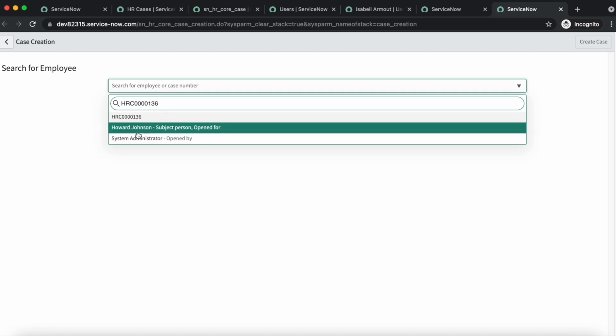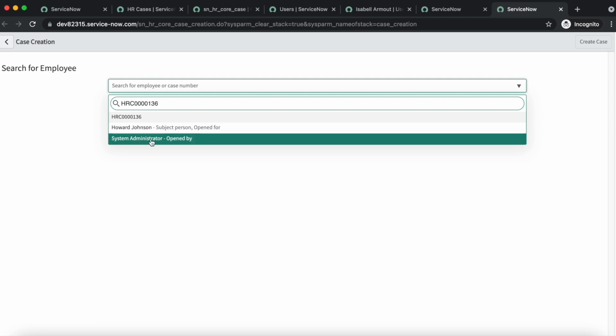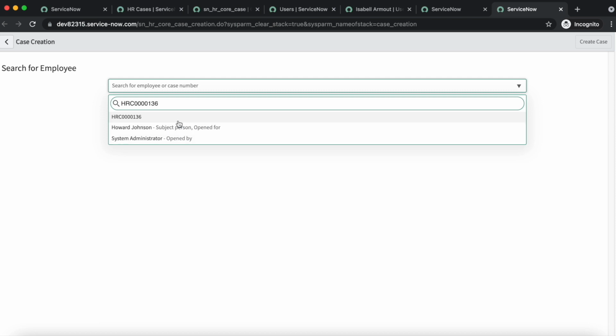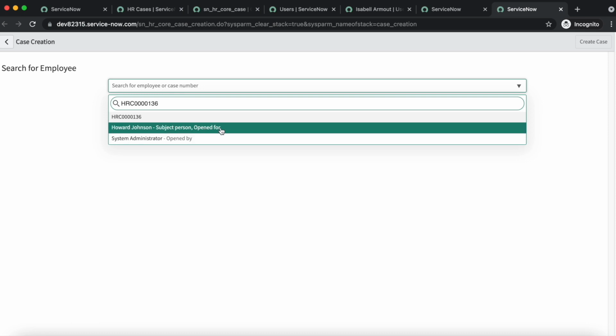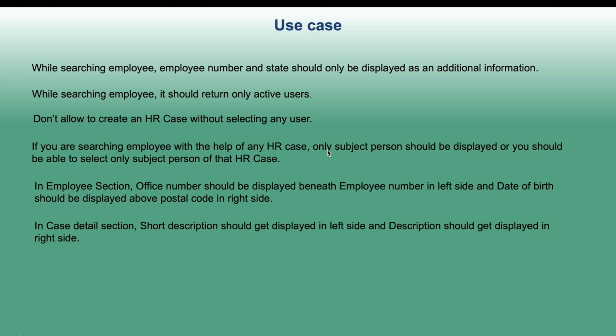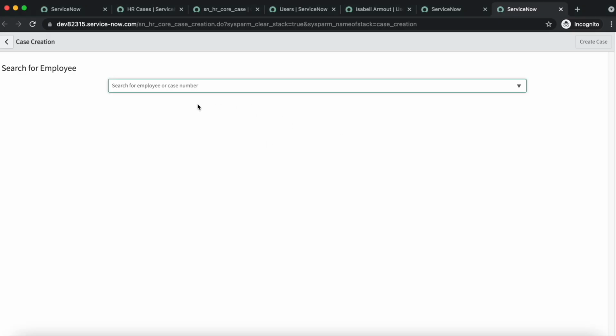So right now Howard Johnson is subject person and opened for, and system administrator is opened by. So it's showing two values, opened by as well as subject person and opened for as well. But we want to show only the subject person of that HR case.